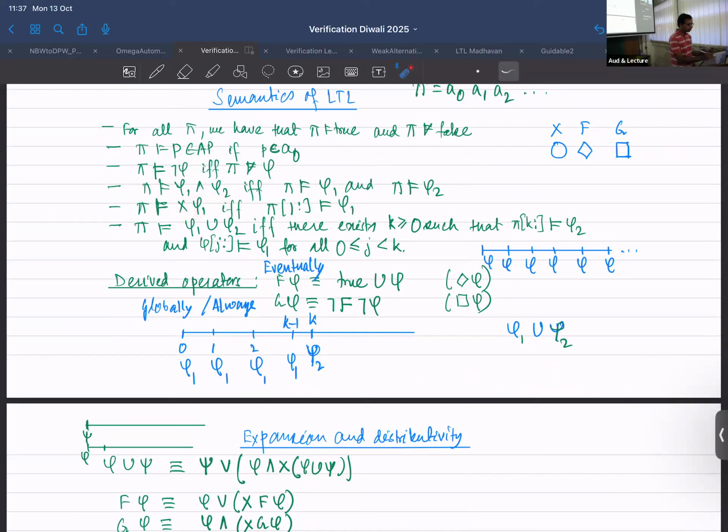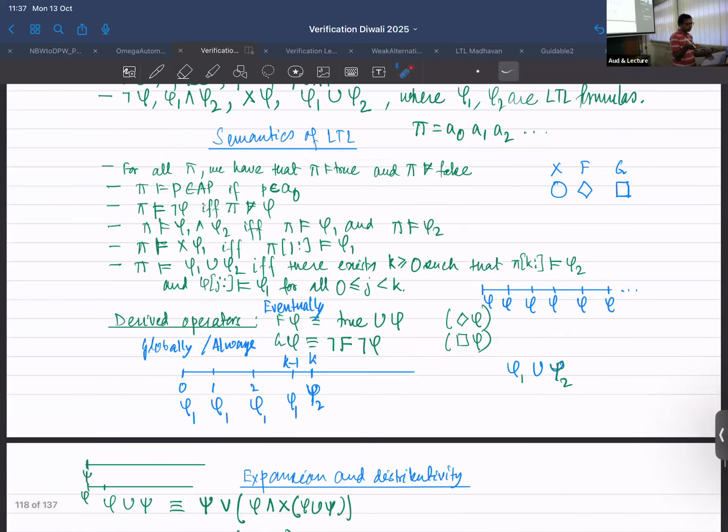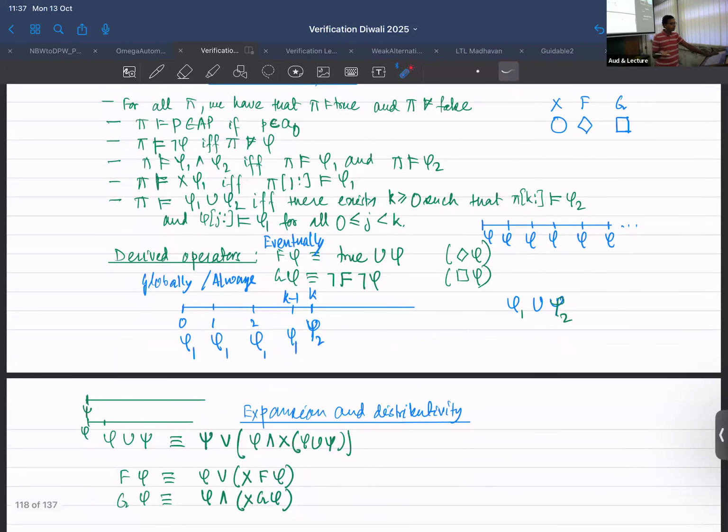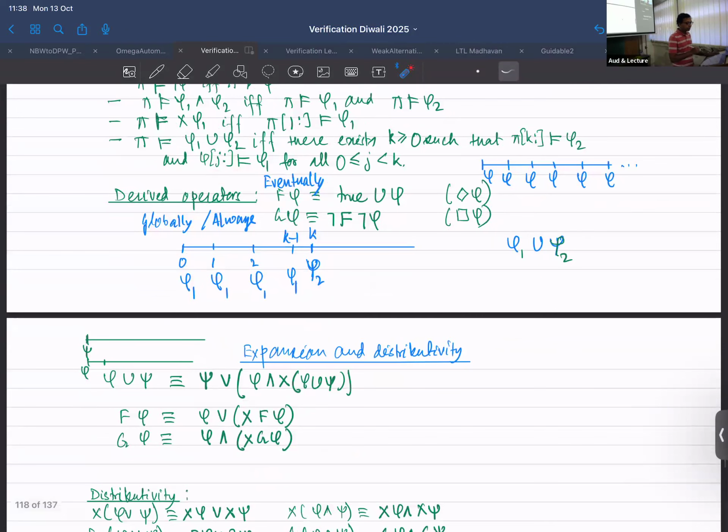of phi 1, it will satisfy if, so if we talk about this computation starting from the 0th position, then from the first position, if you consider the suffix, that will satisfy phi 1. And then similarly, it satisfies phi 1 until phi 2 if there exists a k such that the suffix starting from k satisfies phi 2, and then at every position strictly before that k, for all j strictly less than k, the suffix starting from j satisfies phi 1,